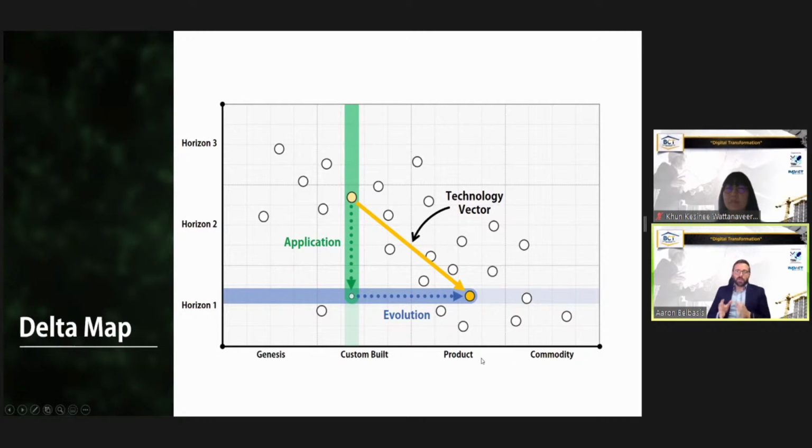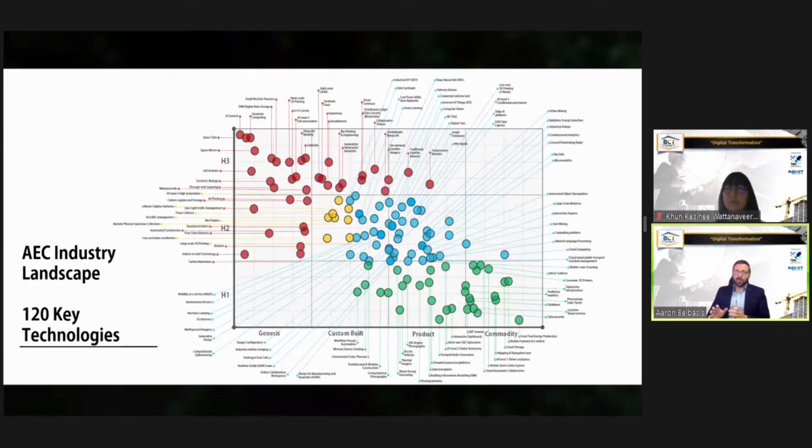We look at what is the change between a current state that we're in and another industry, or a current state now and a future state that we want, and how do we close that gap, that delta? So what we did is as part of our futures research, we looked at 120 key technologies across the architecture, engineering, and construction industry, just to better understand what are technologies we have now, and what are the technologies that are coming to us in the future, and how do we start to plan and strategically understand which ones we